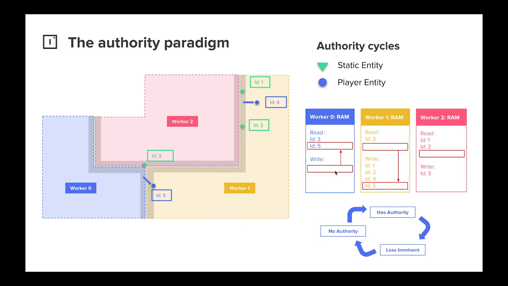I apologize that the authority cycle looks like the recycling symbol, but one of the hardest things about distributed systems is guaranteeing this level of consistency. And this is something that we guarantee. Authority will always cycle from has, to loss imminent, to no authority. No matter where you get injected into that cycle, we guarantee that you cycle fully around. The reason we do that is it makes the code you write against authority changes so much simpler. It provides an incredibly powerful abstraction. So that's what happens when entities change across boundaries.